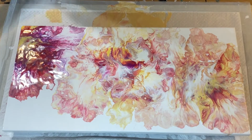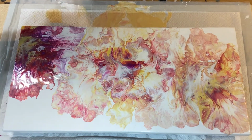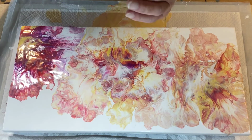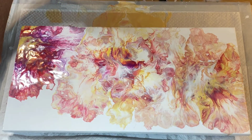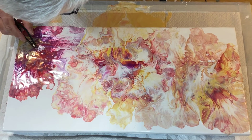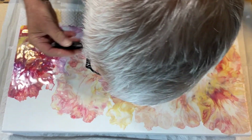I noticed I had a chunk here. I don't know. I got more than one today. These must be coming out of my white. I just started using, I thought I'd better use up that white background. Pretty, it sat too long. So there you have it. I may do a little bit more. I know there's...